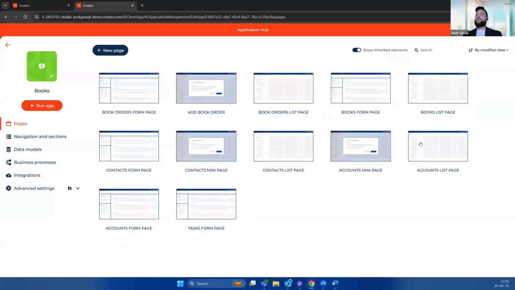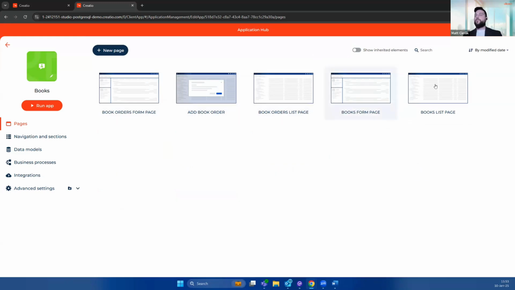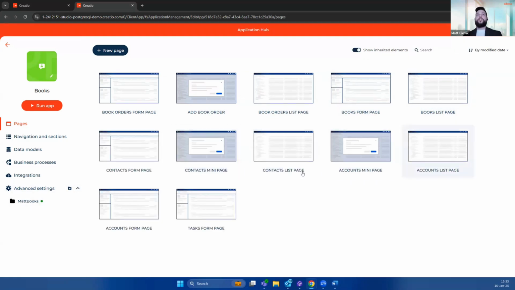And the first thing that you saw in regards of the change is that now I see all inherited elements on the board. So not only will I see the form and list pages that were in my books package, but also all of the pages that come from that inherited books application. And now, if I open the contact form page from this perspective, that overwritten element, that overwritten package will belong